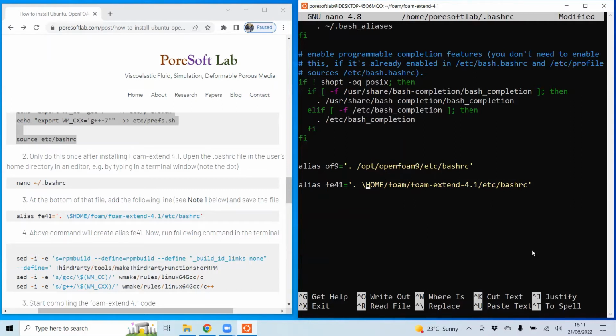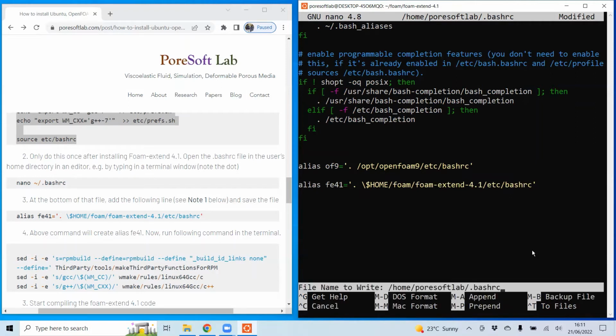It is very important to have everything correctly written, so I will check it again. home/foam-extend, etc/bashrc is done.